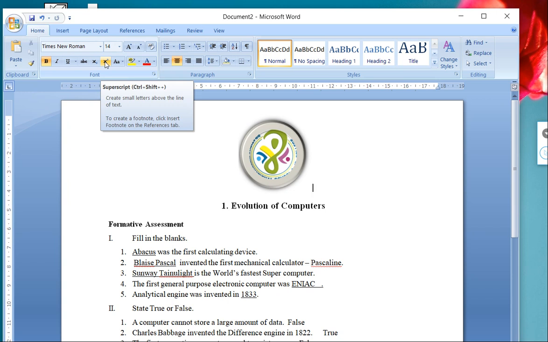So these three keys are pressed at the same time so that we can add the superscript to our notes. Okay, now we are going to move further.